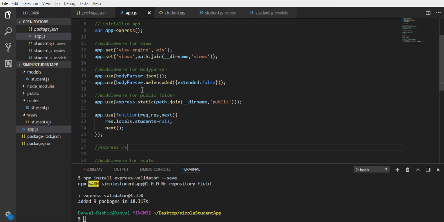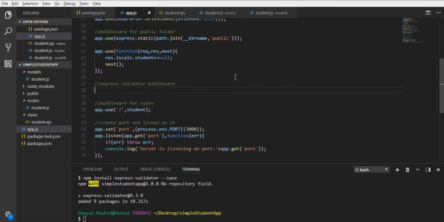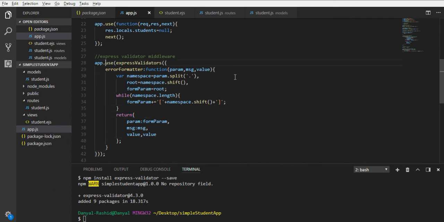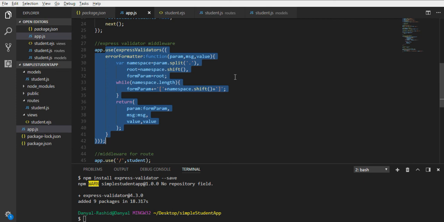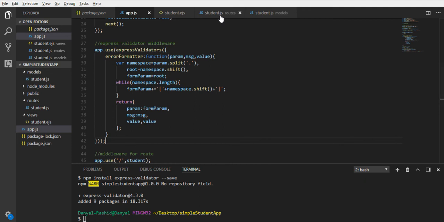Express validator middleware, and I have copied this from Express.js documentation. We don't have to make change in this, just copy this from Express.js documentation and paste it here. So in here,